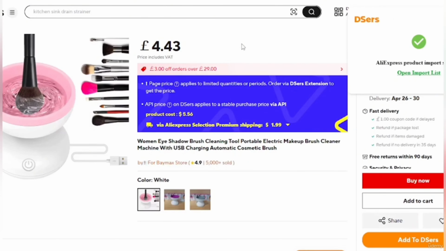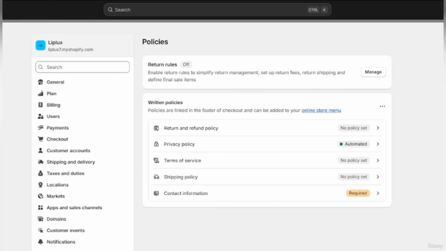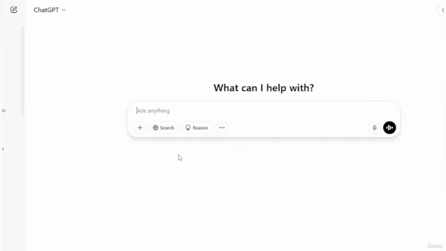So just be chill and patient, and obviously they're going to receive their orders, and if they have any issues with their orders, they can send a complaint to your email address where you can address those types of issues. So you want to make sure you do that to your shipping policy. Let them know exactly. And if you don't know how to do this, you can just come to ChatGPT and